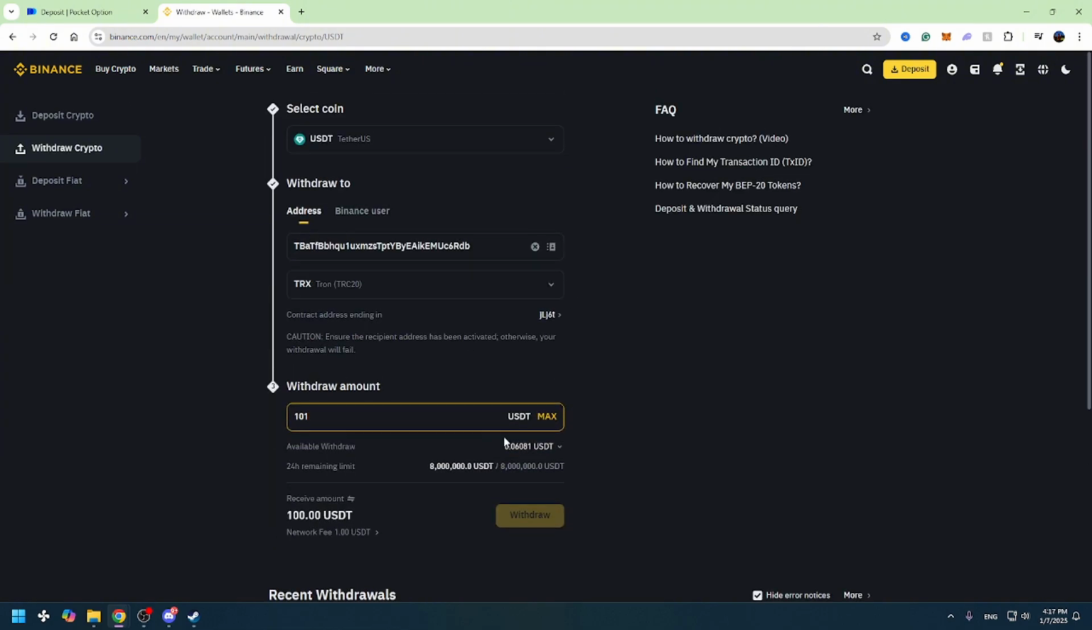So if everything is correct, you need to click the withdraw button right here, confirm the transaction, and you will send your crypto to your Pocket Option account. That's all I